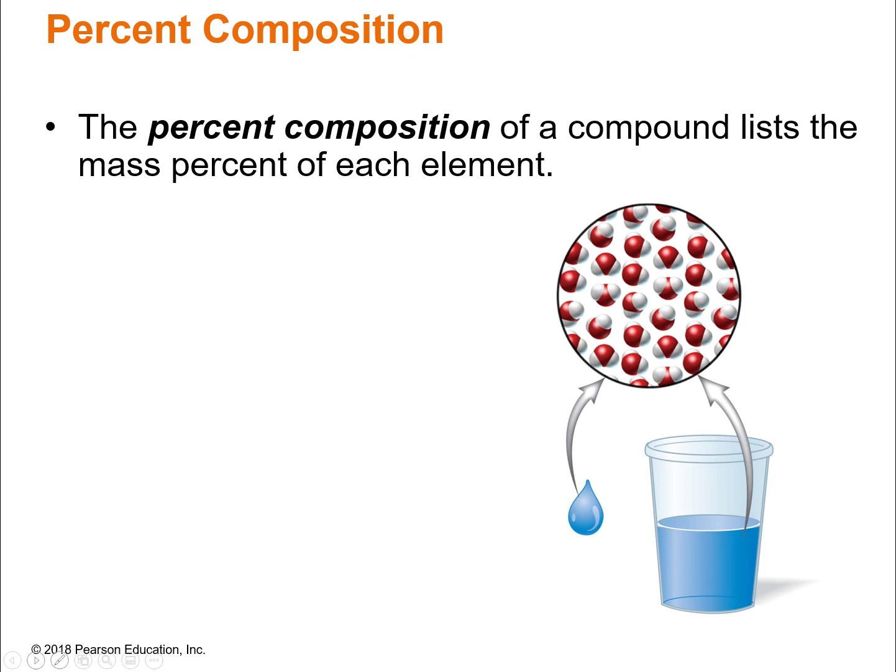We're going to start off with percent composition. Percent composition of a compound lists the mass percent of each element. So what you'll need to do is, for the percent, you take the number of atoms of an element that are in the compound,